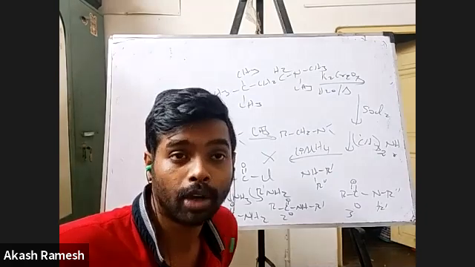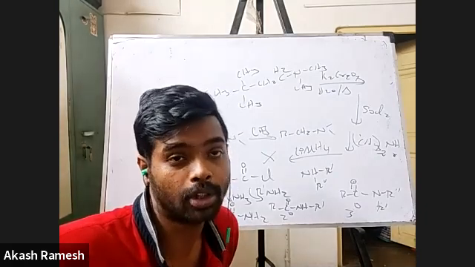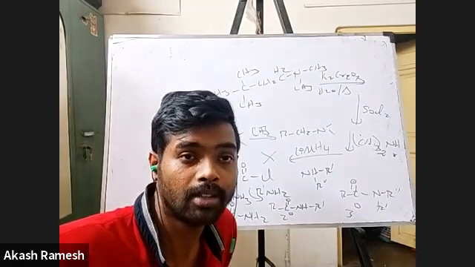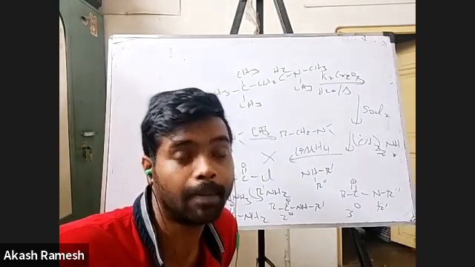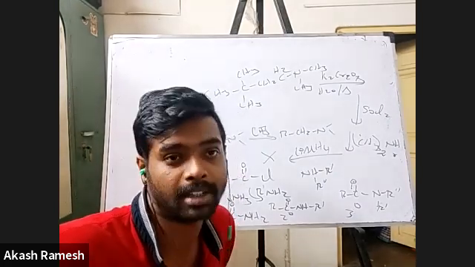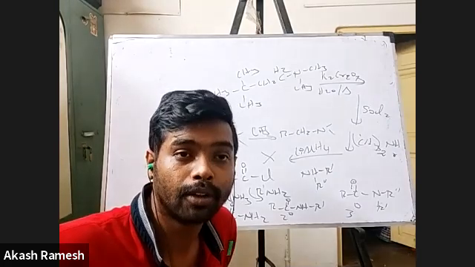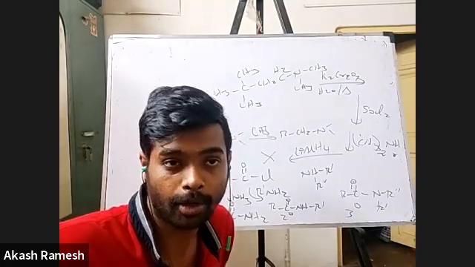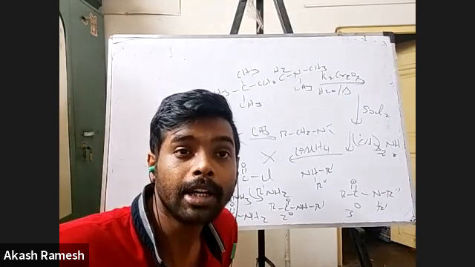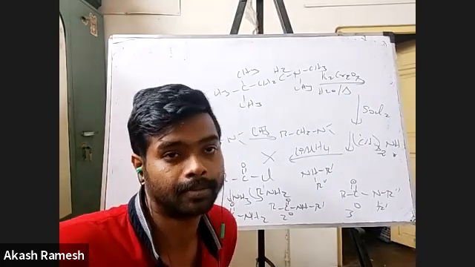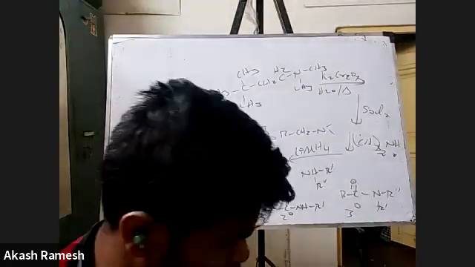But if I'm going to have aqueous solutions, if I'm going to dissolve amines in water and test their pKb values, or basically the basic strength, at that time you have to go for two things. One is availability of the lone pair, the other thing is stability of the conjugate acid, right?